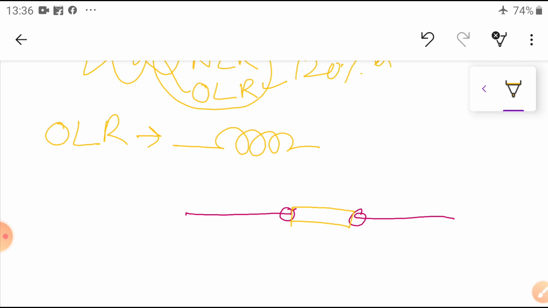At the same time, some heater is provided here, some resistance is provided through which the current is flowing. So this bimetallic strip has the resistance. Once the current is passing through this, it will produce some heat energy due to the resistance present.